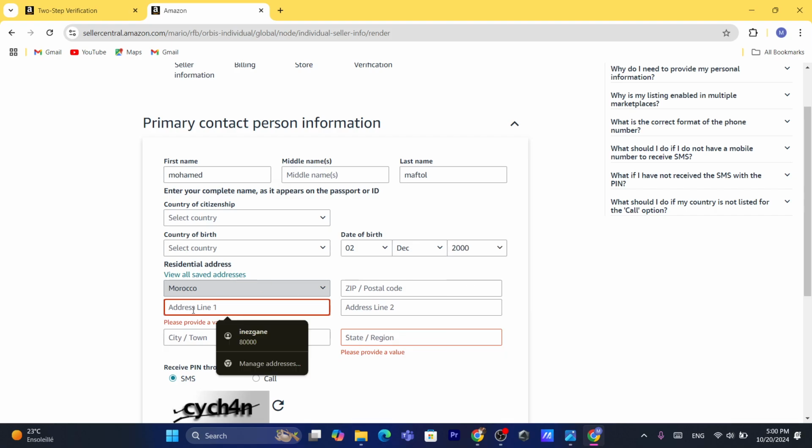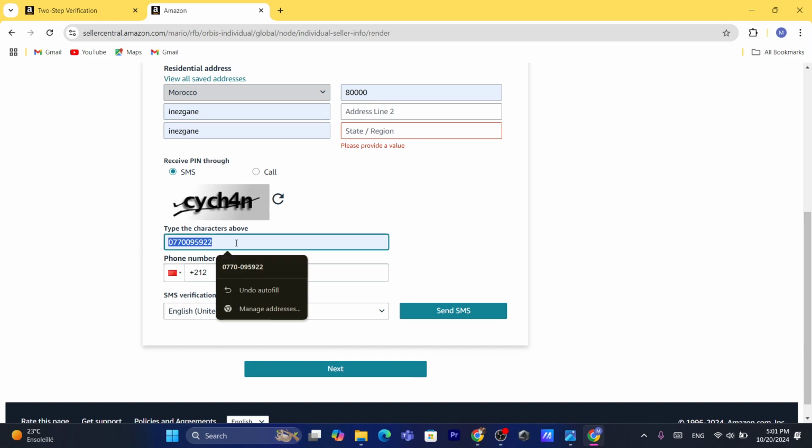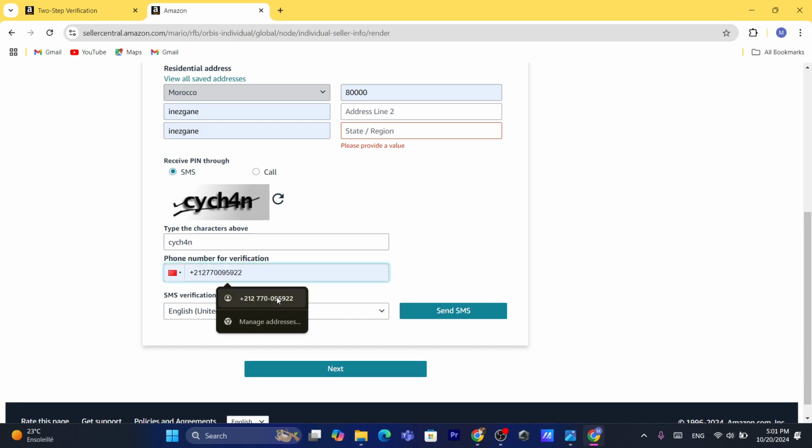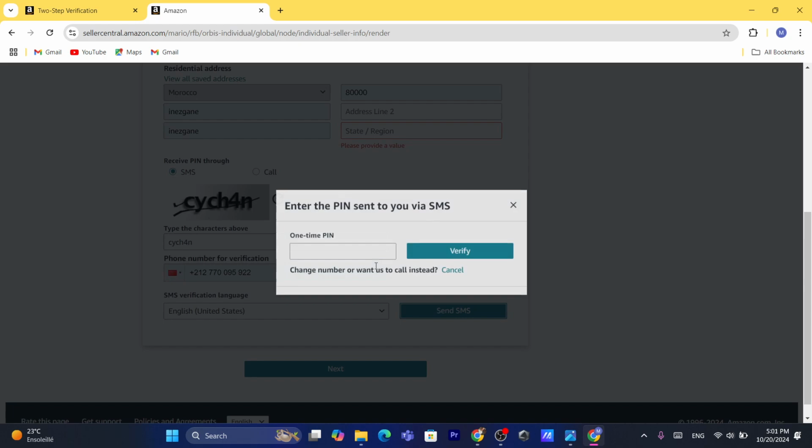Okay, so just need to enter here all your information, and also you want to enter here the characters in the above image, which is C, H4N. Okay, so here the phone number, you will have to enter here your phone number. SMS verification language, I'm going to select English. Click on send SMS, and they will send you guys a one-time pin. Okay, so I'm going to enter it here right now, which is